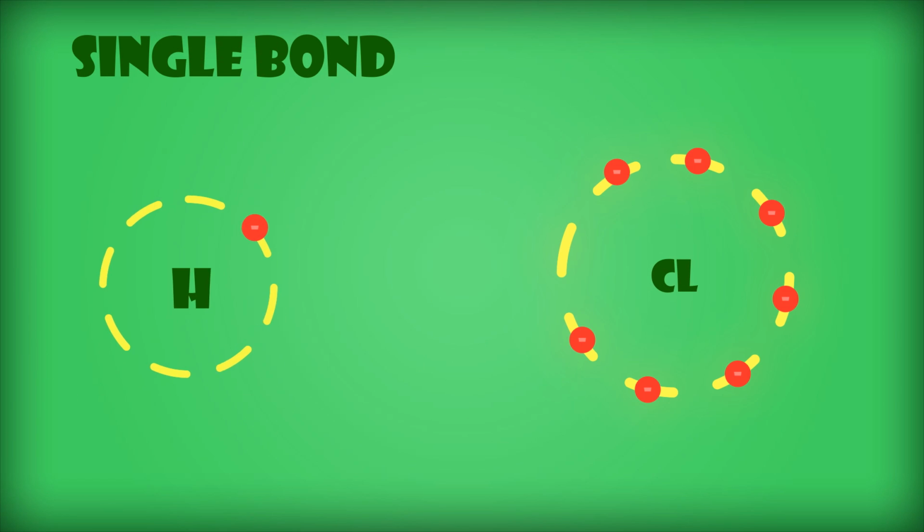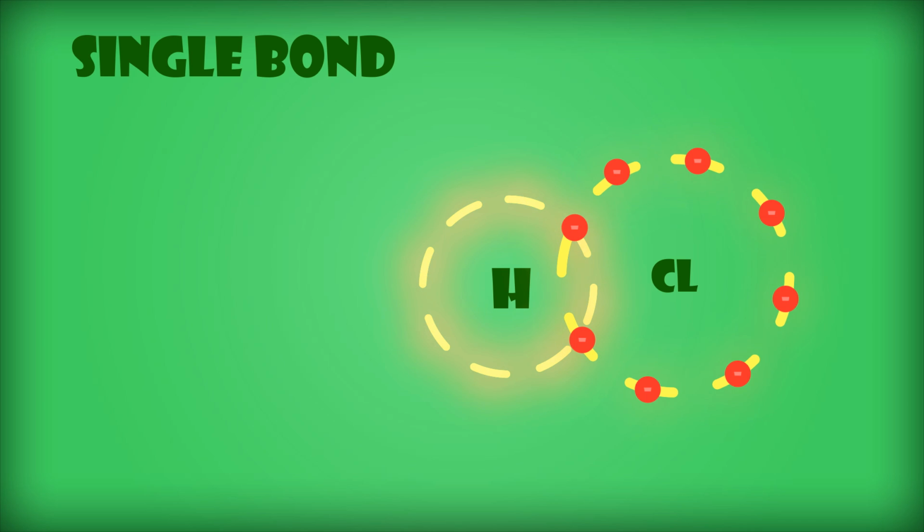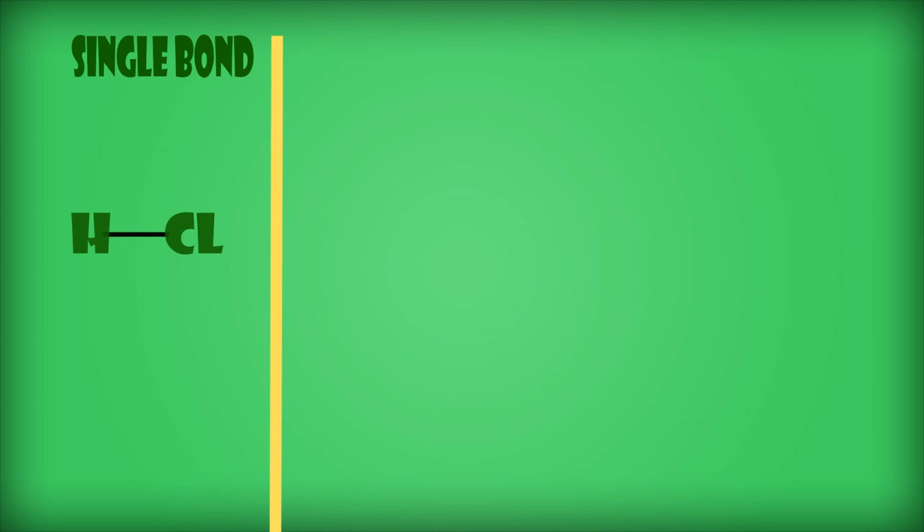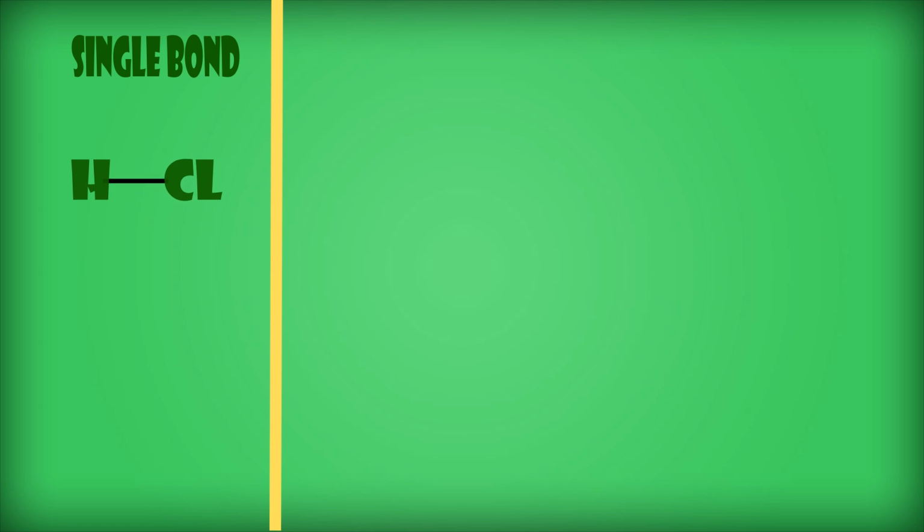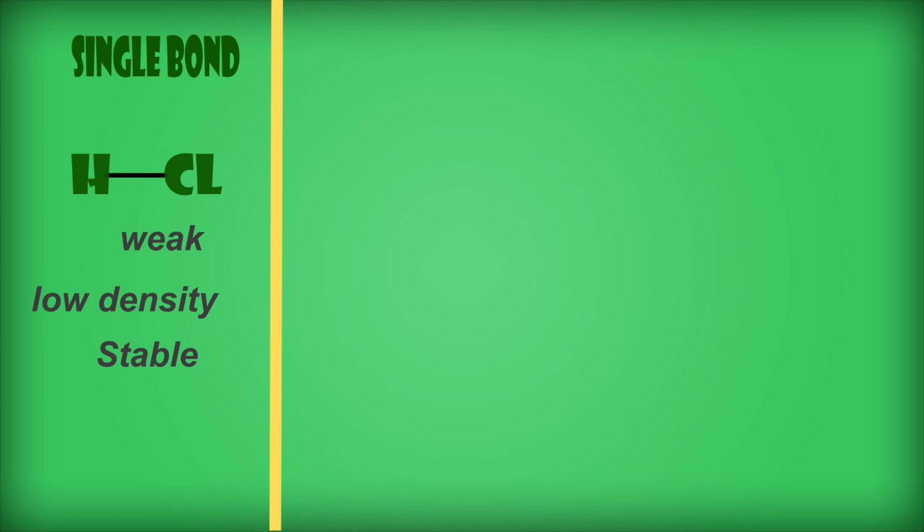A single bond is when 2 electrons, or one pair of electrons, are shared between 2 atoms. It is depicted by a single line between the 2 atoms. Although this form of bond is weaker and has a smaller density of electrons than a double bond or a triple bond, it is the most stable because it has a lower level of reactivity, meaning less vulnerability in losing